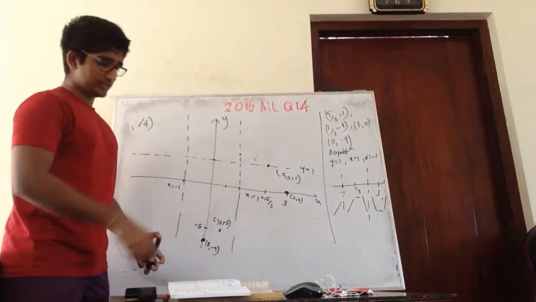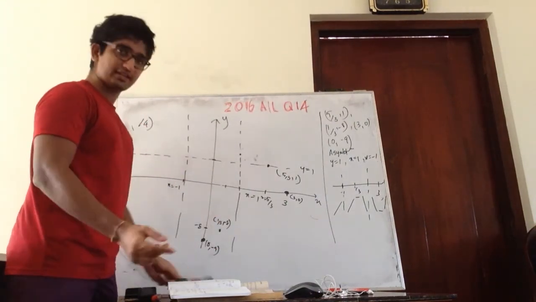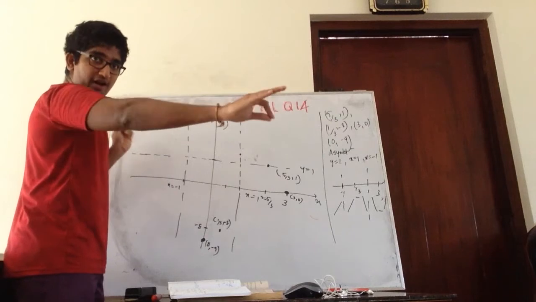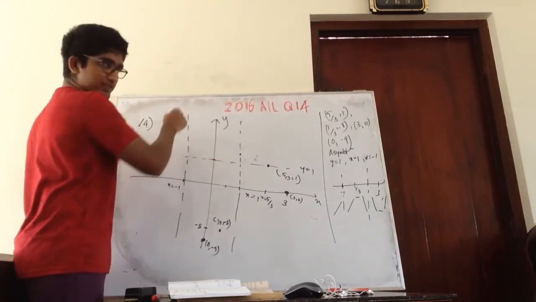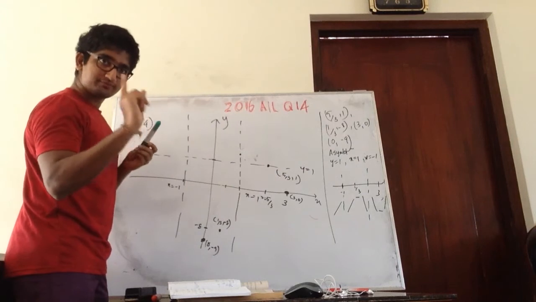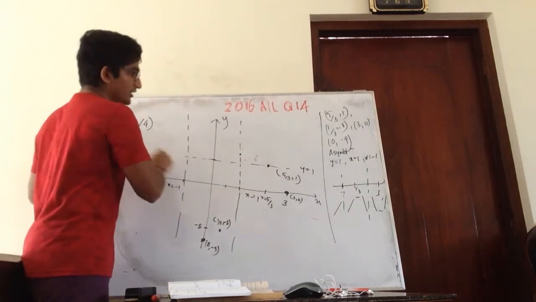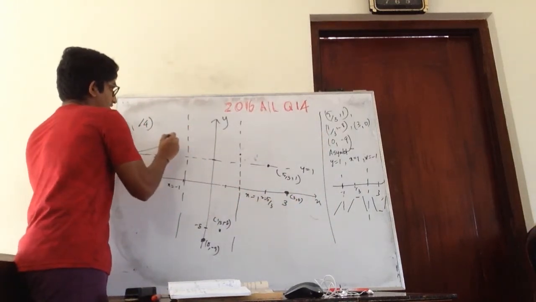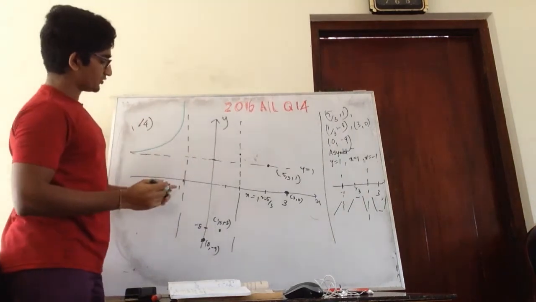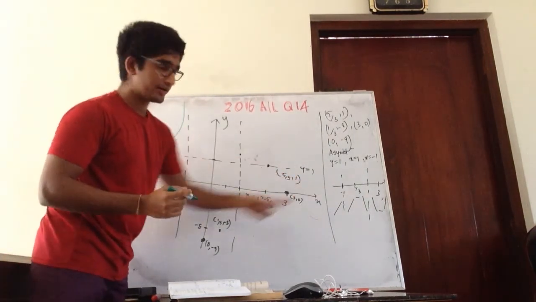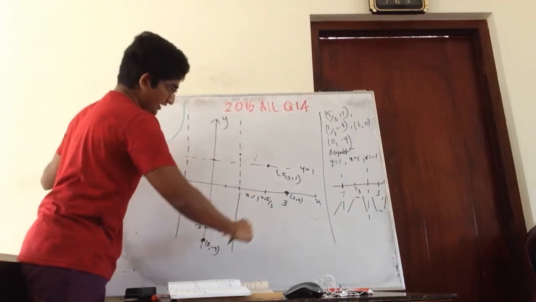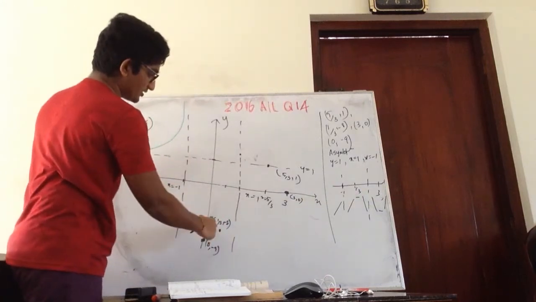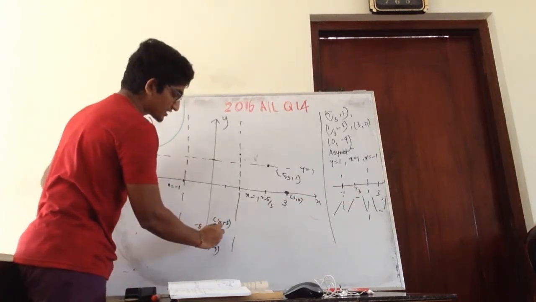Right, so now we know all the points. So now it's a case of drawing it. I know that at the far ends, at infinity, the value of the graph is y equals 1. Right? So it starts from here, and I know that it is increasing. So let's draw the increasing, up to x equals minus 1. Then I have a maximum point at x equals 1 over 3. At here there is a maximum point, right?